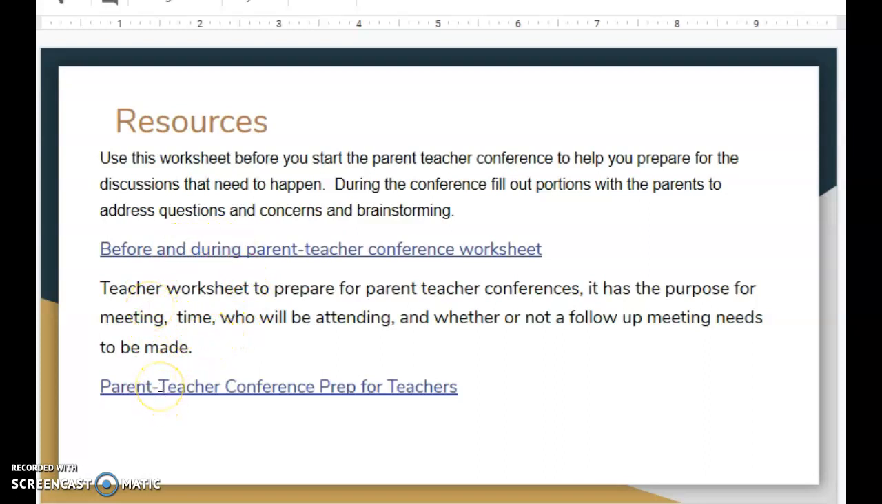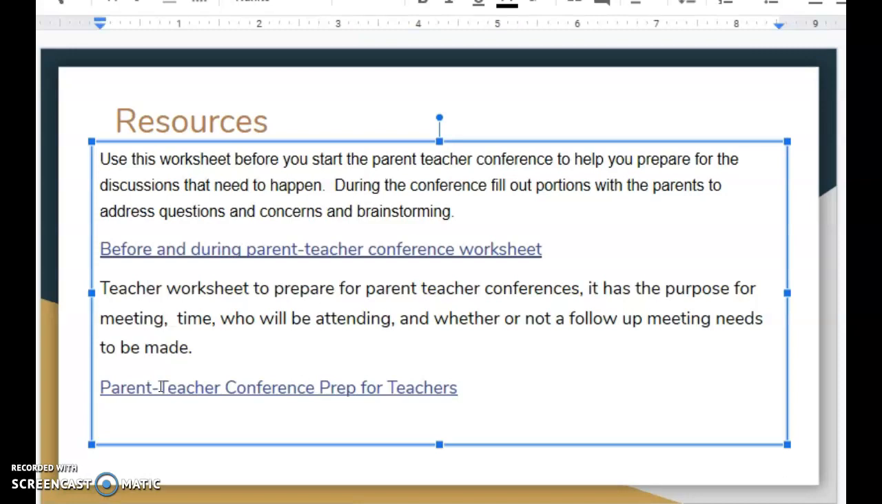This right here is a teacher worksheet to help prepare for student conferences. It has a purpose for the meeting, the time, who will be attending, and whether or not a follow-up needs to be made. Every time I have a parent-teacher conference, I always have a notebook and a list of questions or concerns parents have, so I can refer back to it the next day or the week after to see what I can do to help out that parent, or what other communications and meetings we need to have,